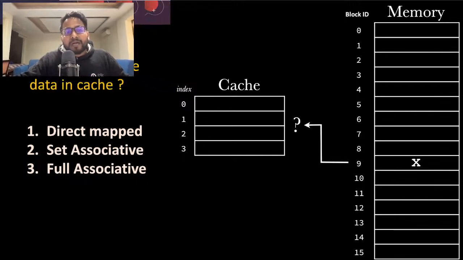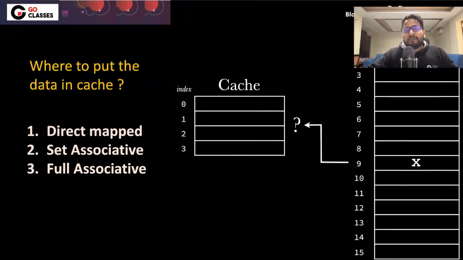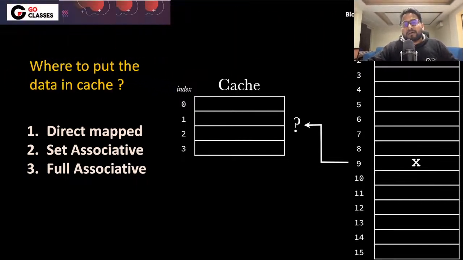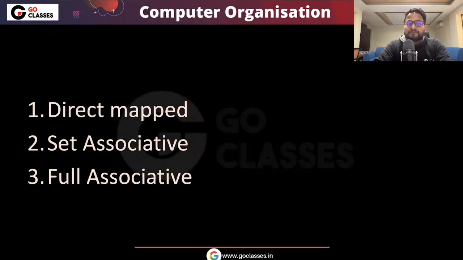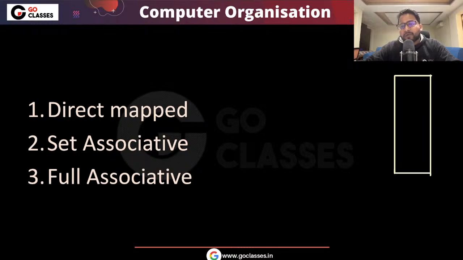Because if later on someone asks me, then I should be able to tell it immediately that okay, this 9 should be here, something like that, right? I'm just giving you some intuition that you should be having some formal ways. So these are the three ways which will answer just one question, that given this main memory, given this cache,